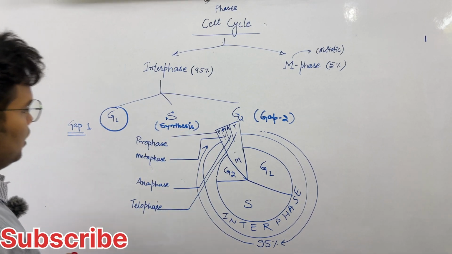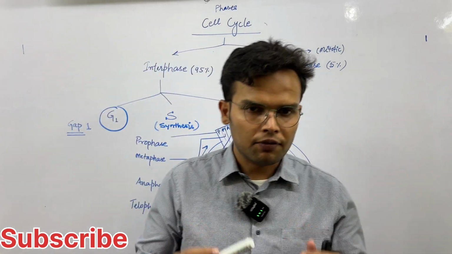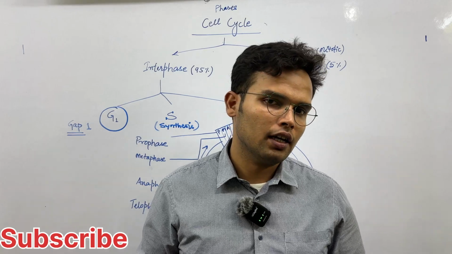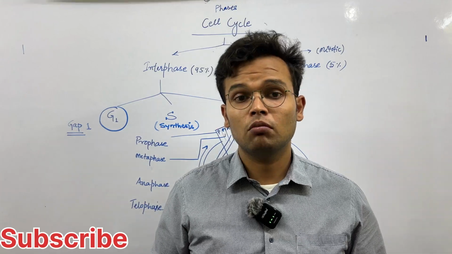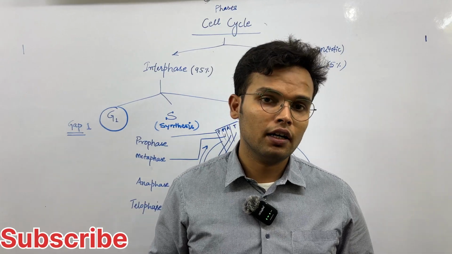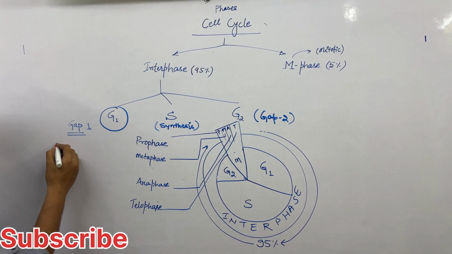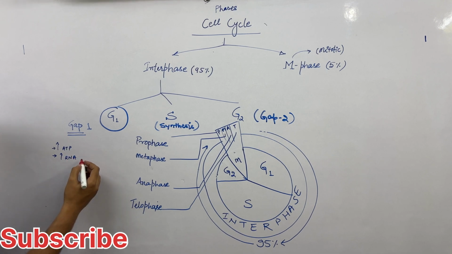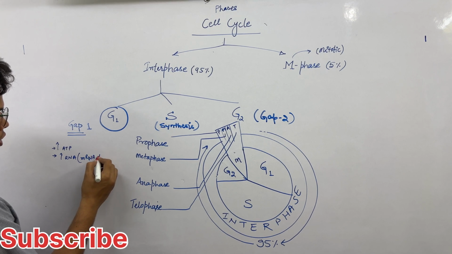In gap 1 phase, if a cell is going to divide in M phase, then it must have more protein, more ATP, more RNA. So there might be an increase in ATP as well as an increase in RNA, all types of RNA like mRNA, tRNA,